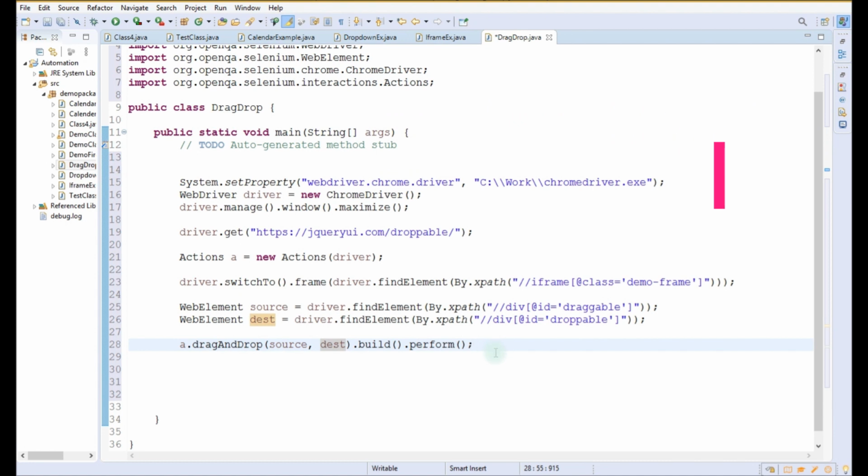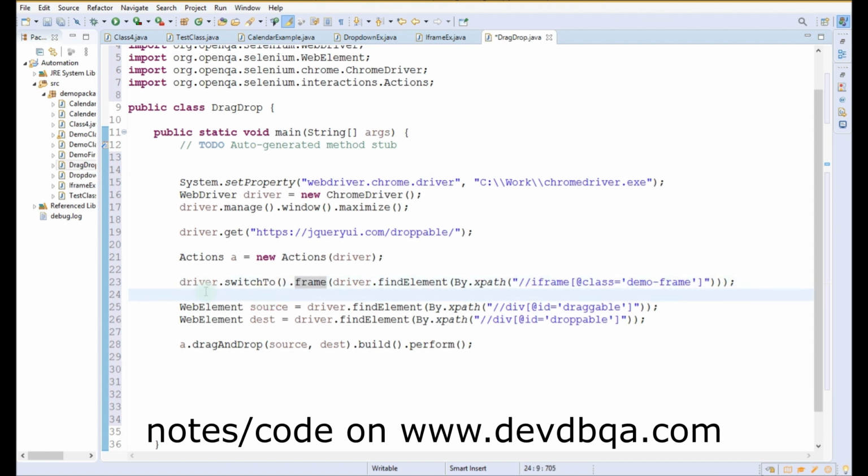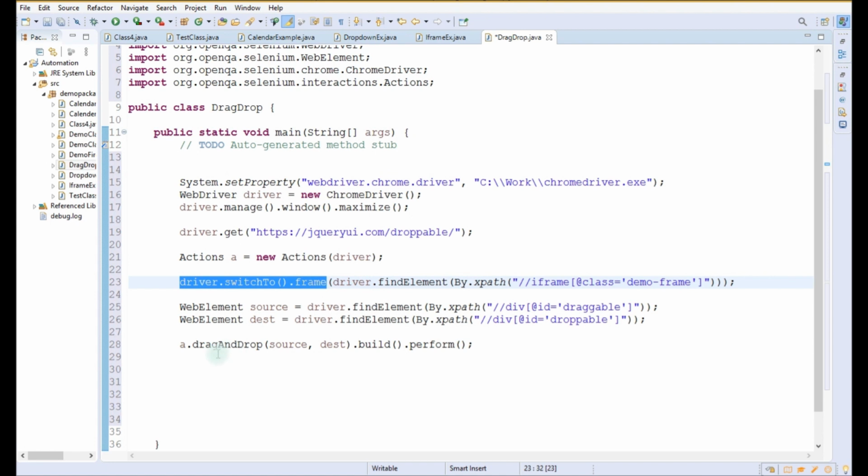After performing the drag and drop operations, we have to switch back to the default content, as I taught in the previous video. I will give the link in the description. You can go and watch the previous video on how to handle iframes using the Selenium WebDriver. Earlier we switched to that frame, and now we have to switch back to the default content.